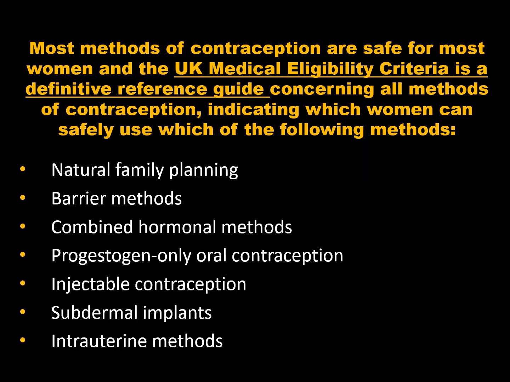Most methods of contraception are safe for most women, and the United Kingdom medical eligibility criteria is a definitive reference guide concerning all methods of contraception, indicating which women can safely use which of the following methods: natural family planning, barrier methods, combined hormonal methods, progestogen only, injectable contraception, subdermal implants, and intrauterine methods. The United Kingdom medical eligibility criteria is the same as the WHO medical eligibility criteria,